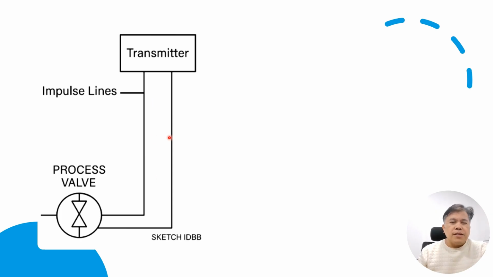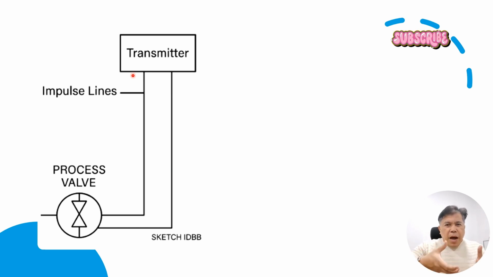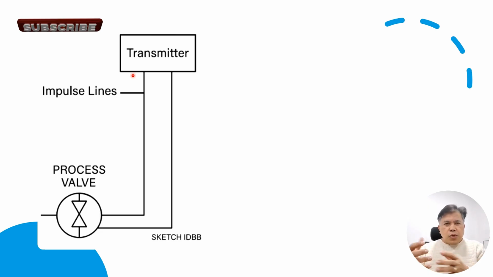So, for example, guys, this is the sketch of our transmitter with impulse line tubing. When you are seeing the actual installation at site, it's very basic. When you see the process line, you can see the valves, the pipe, valves and pipes, and then you can see some small tube, like tubing, that is the impulse line, either Inconel or 904L, connected to our process line. Which is connected to the valve. That's what we call the process valve.